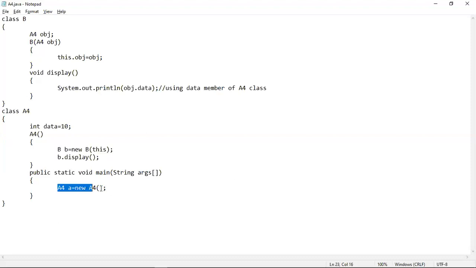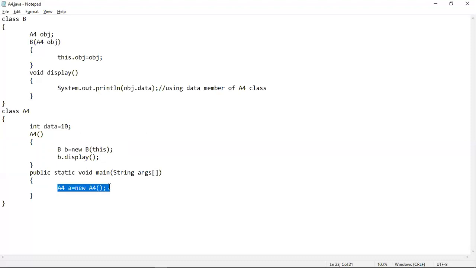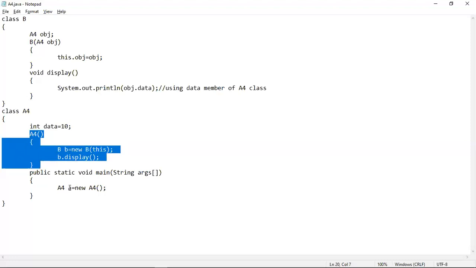In order to execute this object creation statement, the compiler has to compile this constructor creation part, and in order to execute this part, this object creation statement has to be executed. So basically we are still in the statement where this object A is being created. In order to create this object, we have to execute this constructor. That means currently we are dealing with this A object, but not B.